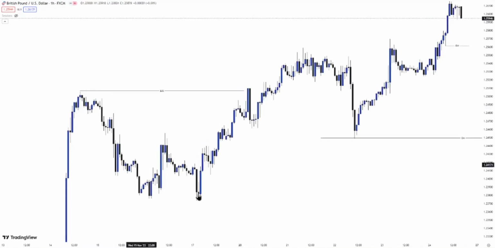Why? It took out inducement here. And where is your inducement in the market? This is your inducement here, guys. So it took out this inducement here to confirm this high. As you can see, it took it out to confirm that high. And after taking it out to confirm that high, price now